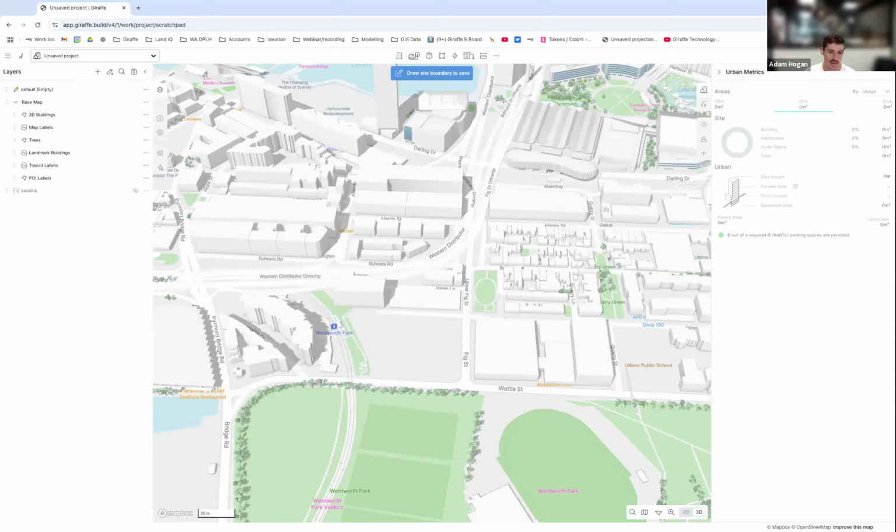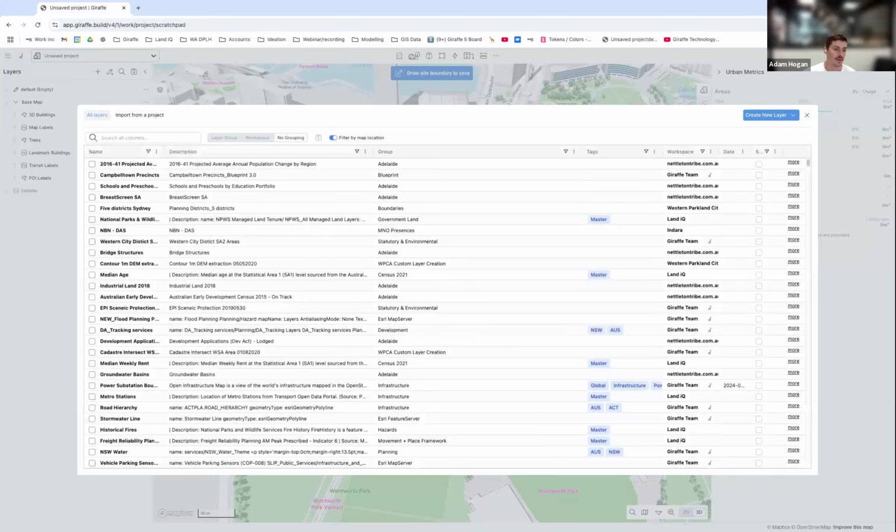Depending on where you are in the world or in Australia, you will need to locate the cadastre that's applicable to your location. If you've got a GIS team or someone that supports you, they'd be the best person to approach to get that information if you don't already know. But what we're going to do is add a layer. So we can add a data layer up the top with this little plus icon, and I'm going to look for the cadastre layer. I know because I'm in New South Wales,